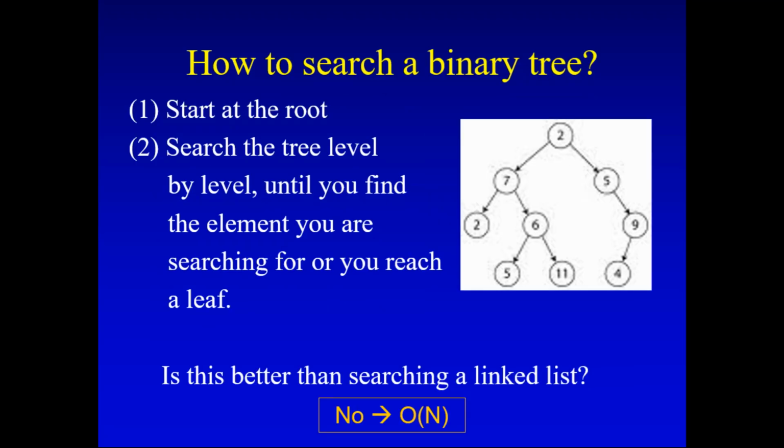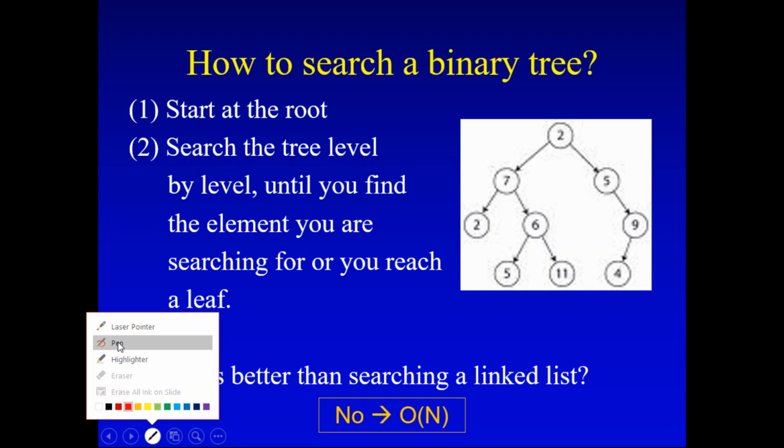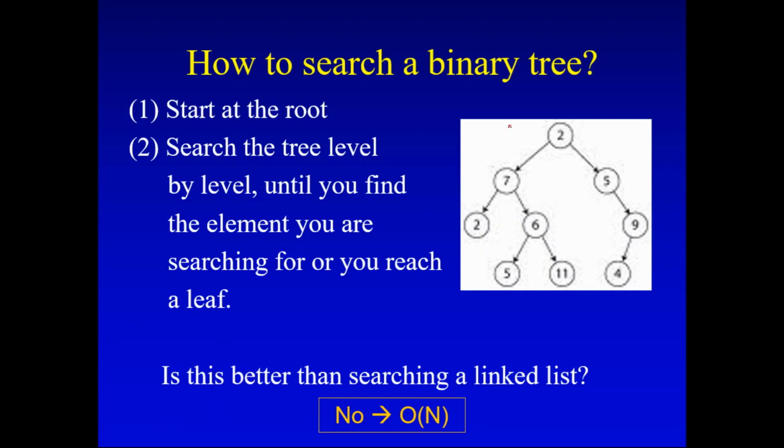Before that, how will you search a binary tree? If you want to check whether a particular node with a given key value exists in the binary tree or not, how will you do that? You have to traverse through the binary tree. You can traverse in any one of the three ways which we have discussed, like pre-order traversal, in-order traversal or post-order traversal, and then you can check whether a given node is present in the binary tree